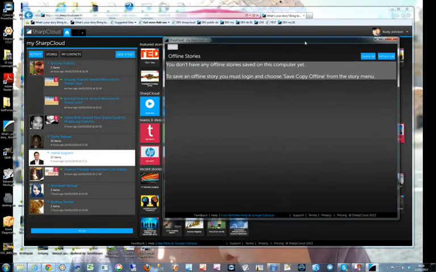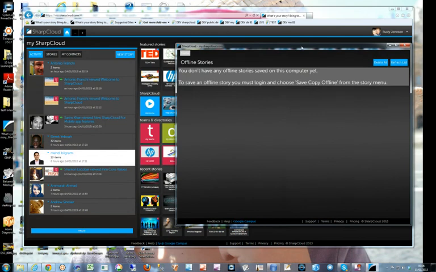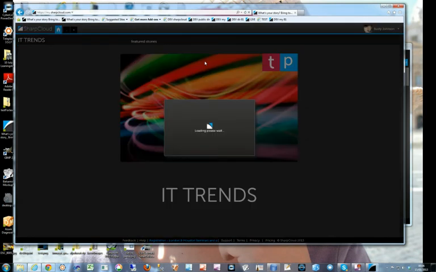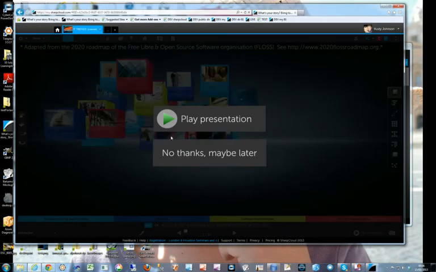I've got this version of SharpCloud open, which is the outer browser version, and I've got another version open here which is open in IE in a normal browsing session. What I'm going to do is open up the IT trend story, and I want this story to be available offline. So when it loads, obviously